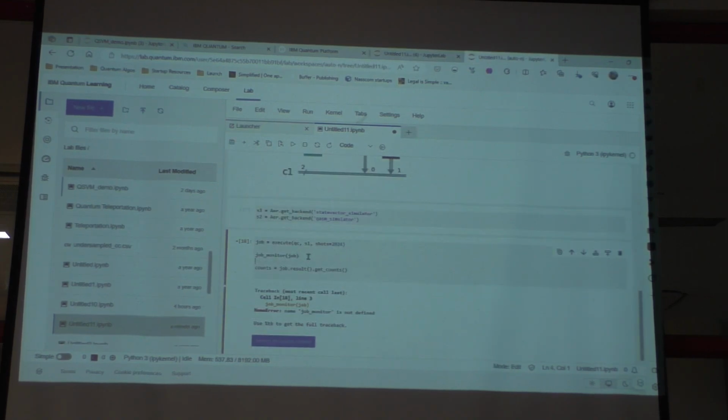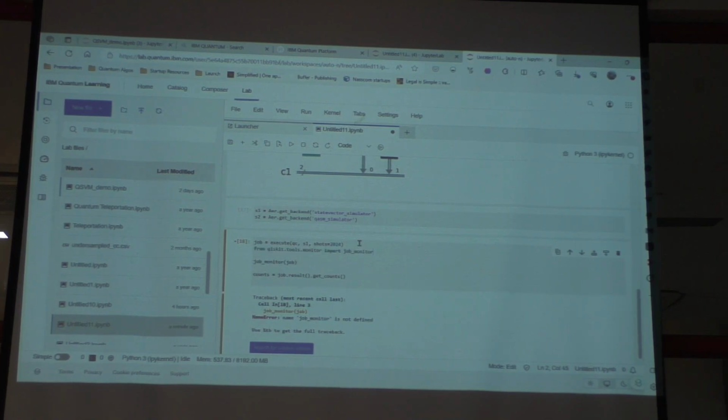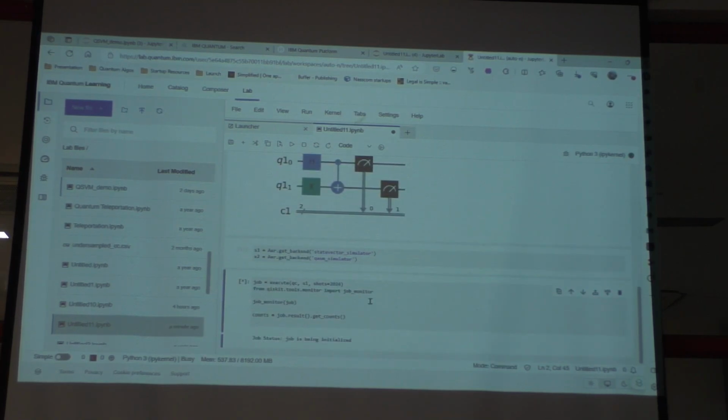So I'll import job monitor also here. Now we can see the job status, which is useful. I've taken shots as 2024. It's completely up to you to select how many shots you want.